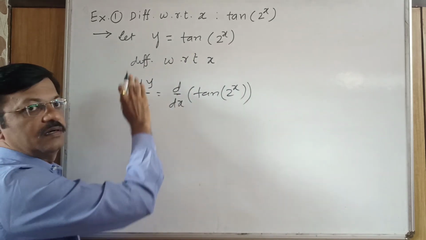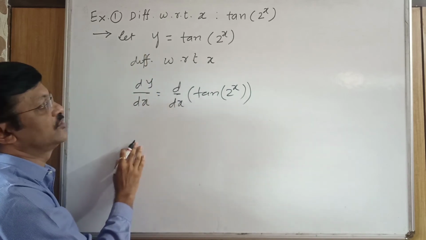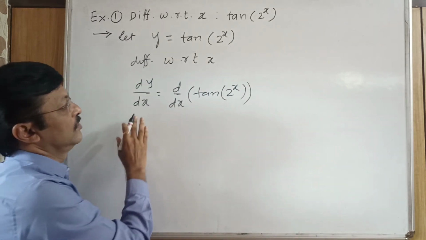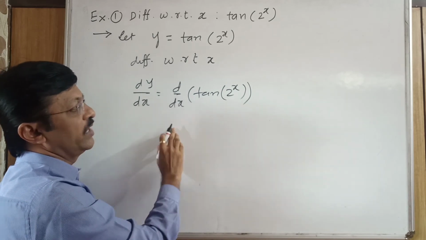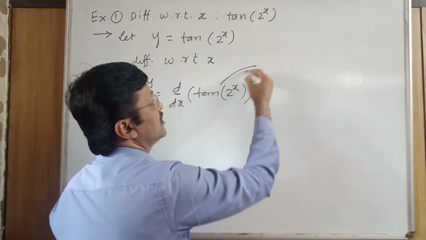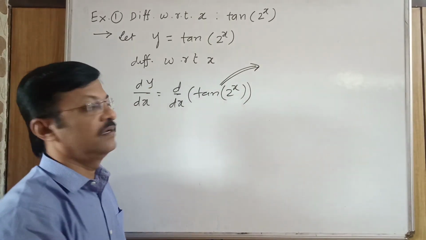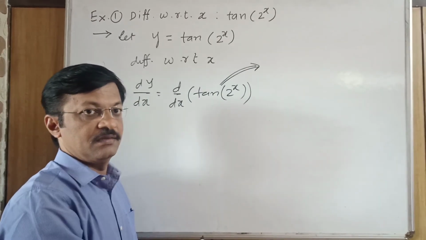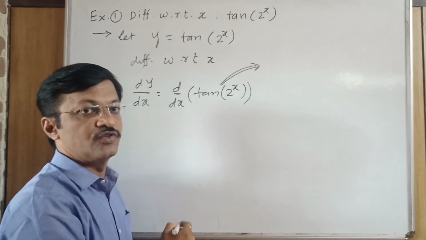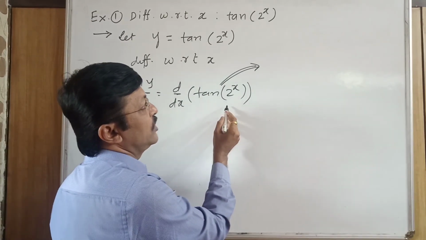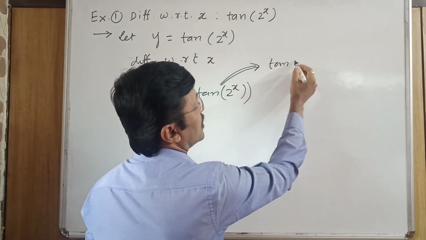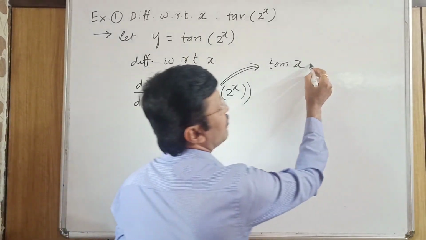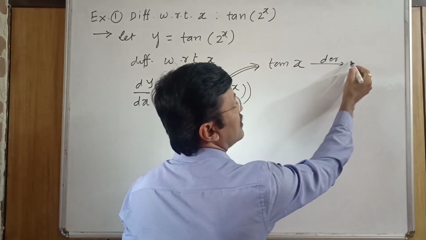So differentiating means d by dx of y on the left side, and on the right side d by dx of whatever we had, tan of 2 raised to x. Now, you must know this, tan of 2 raised to x is a function found by using the functions tan x and 2 raised to x. This is a composite function of tan x and 2 raised to x. So tan of 2 raised to x looks like the standard function tan x, whose derivative, you must know, derivative of tan x is